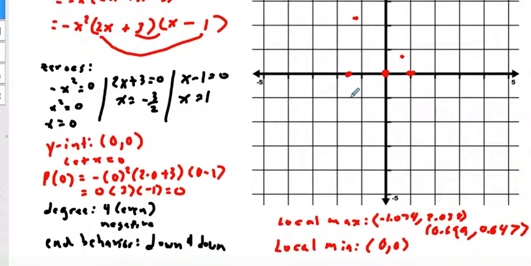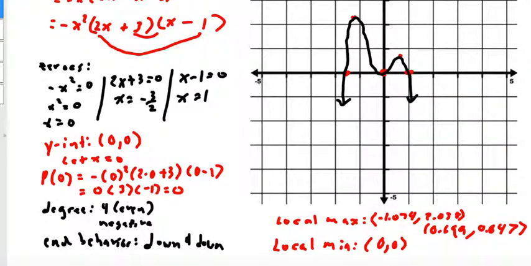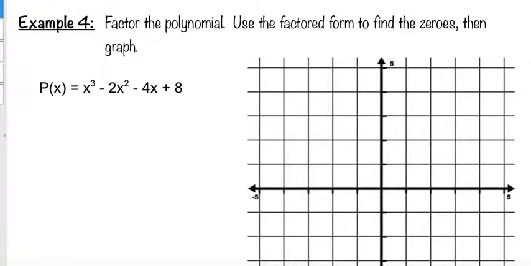So let's do that. We're supposed to start down, turn here on the local max, bounce here at that 0, turn here, and then come back through. So there we have that graph. I don't think the rest of these should be any problems for you. The only thing here might be the